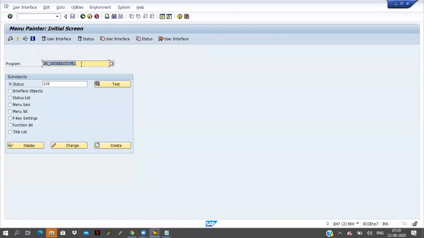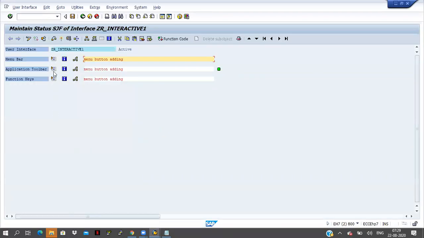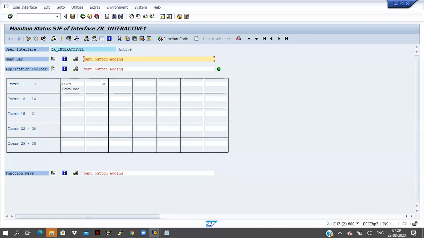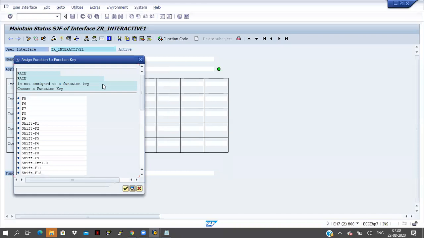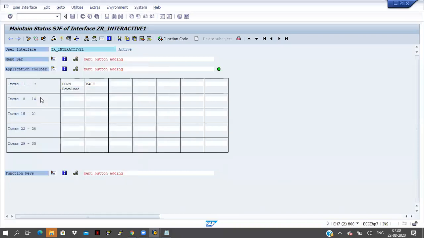This is the program name, and this is the status name AJF. Click on the change button here. I will add back also here.